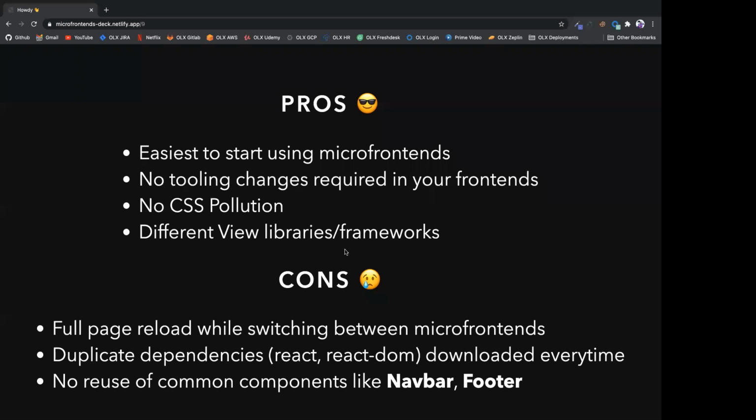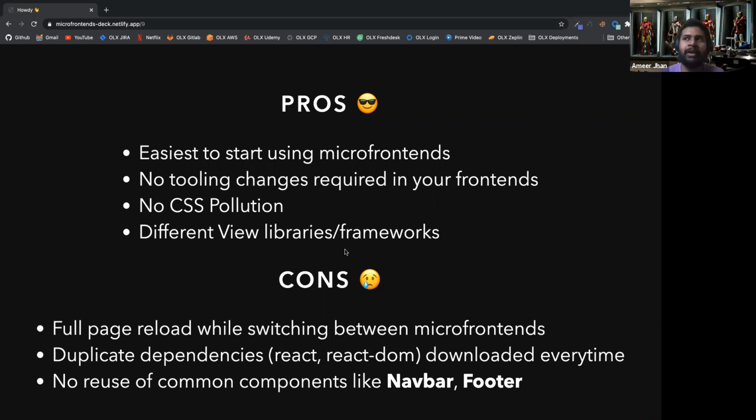Okay, does that answer your question, Dinesh? Yes, Amir. Another thing is, at least the top level of the route management will be on the server level. Yep. The top level, in the sense that the micro frontend level separation would be on the web server, right? But after your micro frontend has loaded, the client side routing would kick in. Let's say after you have landed onto the jobs page, if it's a React app, your client side routing would kick in, and you can use the navigation after that.